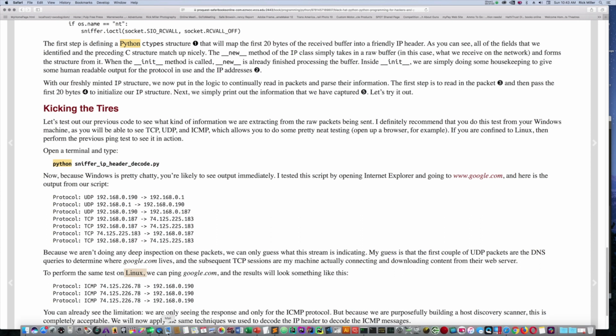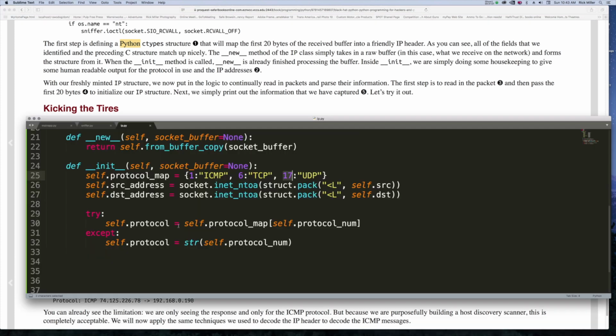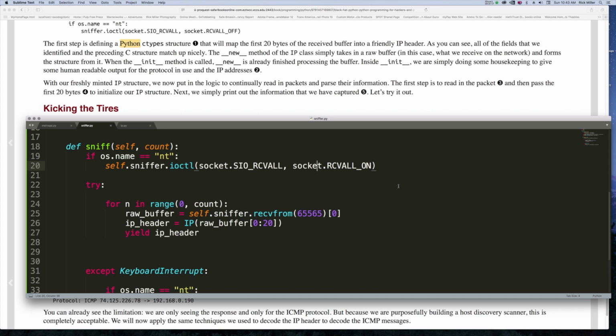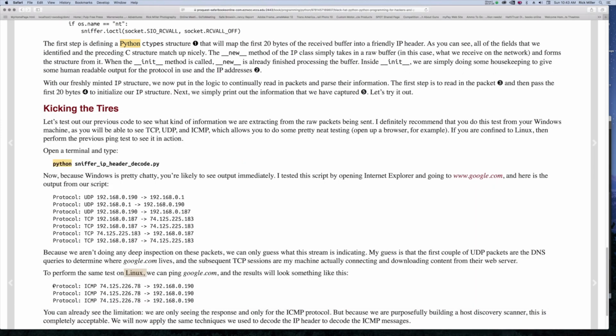Whenever we call the sniff method, let's go back to sniff. We call the sniff method, it says, hey, look, am I on a Windows NT machine? If so, go into promiscuous mode, I guess is what that's doing. But if I'm not, I'm not going to see all these things. So essentially, he says, well, you'll just see this ICMP on a Linux machine, especially if we do a ping. Because evidently we got to do something else, which is like the third section or the last section of the book. Anyway,